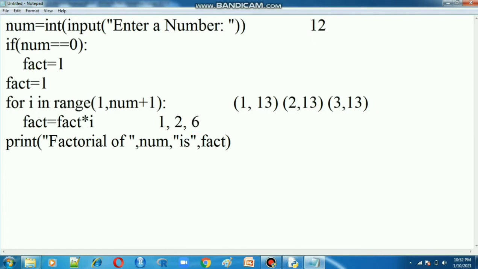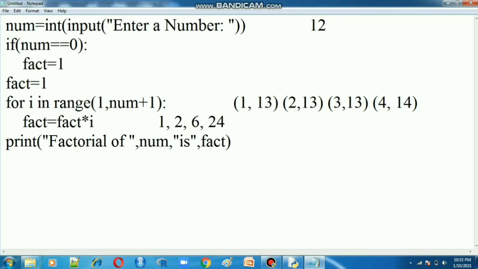Next, go for the next range. The start value will be incremented by one, 4 comma 14. So come here: the fact value is the last value, 6. 6 into the I value, which is 4. 6 into 4 is 24.